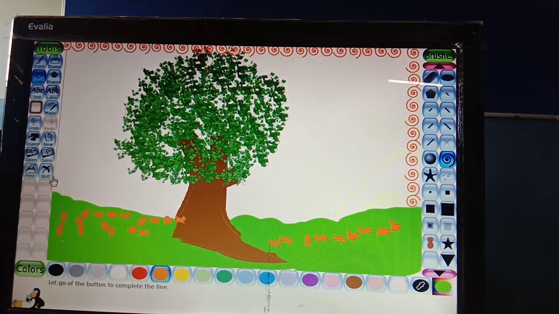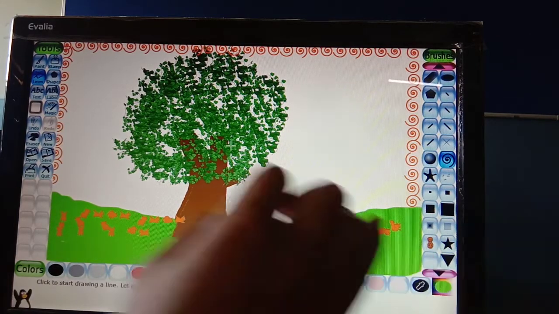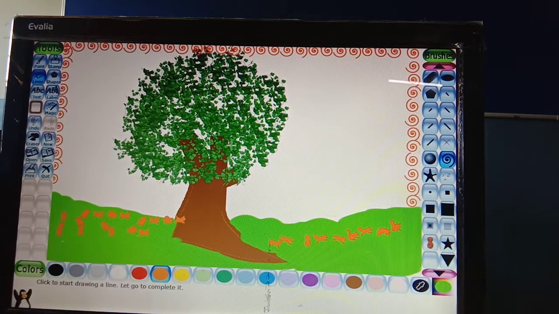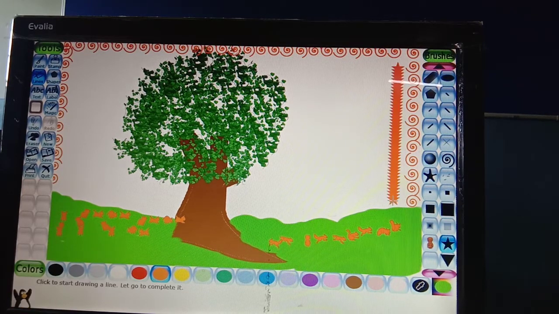So using the line tool, the brushes will be drawn in a straight line. For example, if you want this, it will be this way. Clear to everyone? So I'm just removing this.